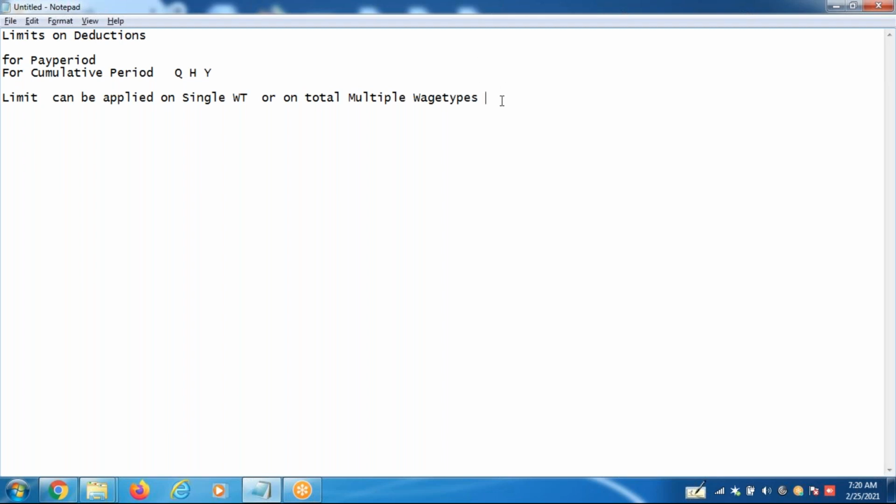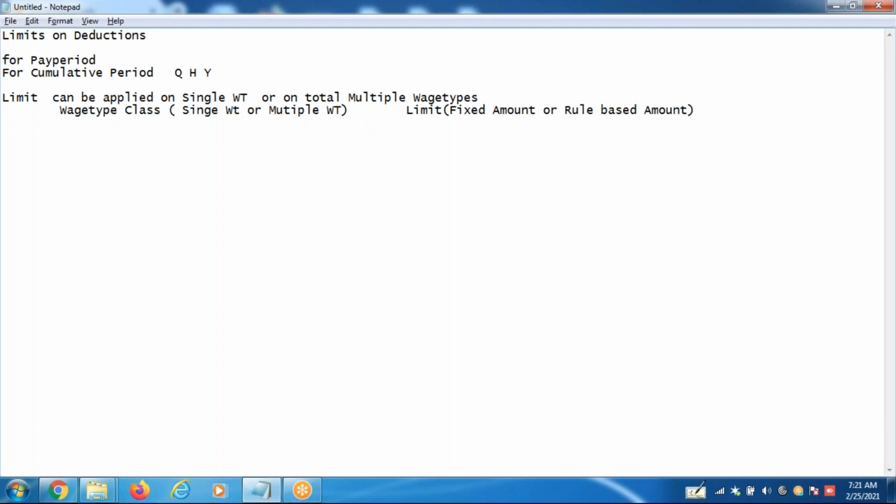So basically, to apply the limit, you have to have a wage step class. This wage step class contains a single wage step or multiple wage steps. On that, you will apply the limit. The limit can be a fixed amount or a rule-based amount.